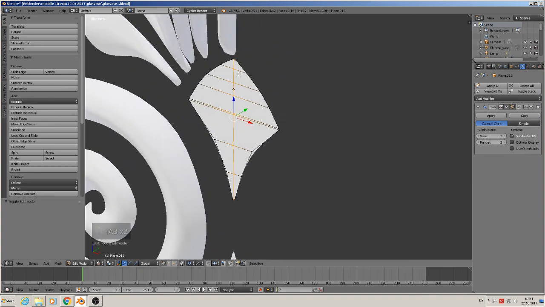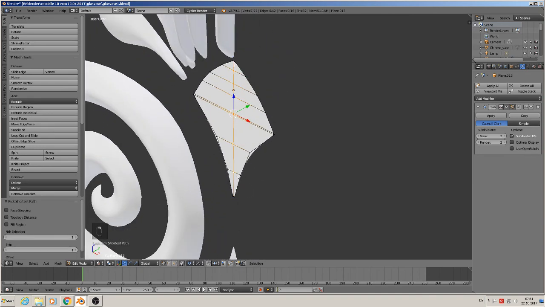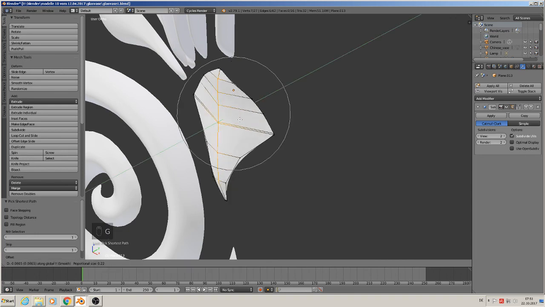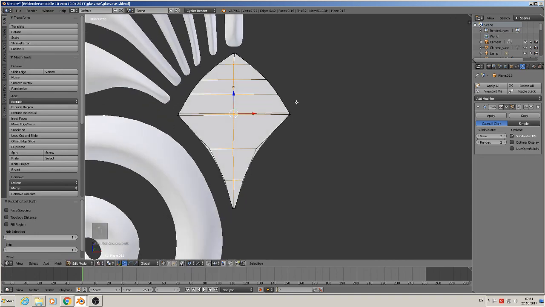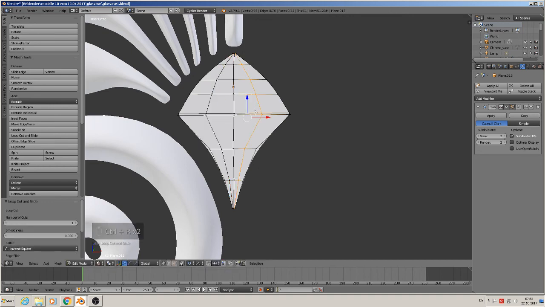Edit mode. Take this one, grab Y. Here we can make the same. We make here two loops more. Here one, there one. And when we then take that line,